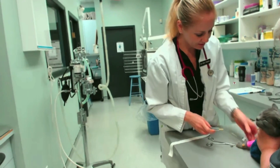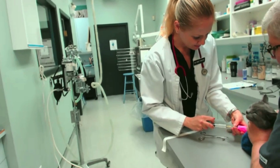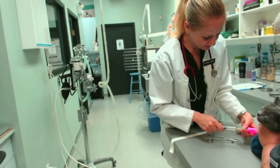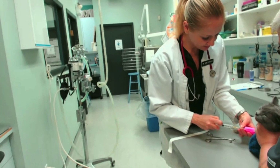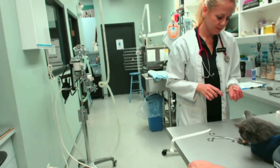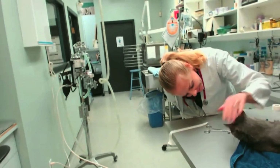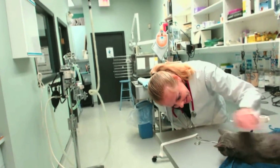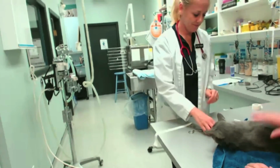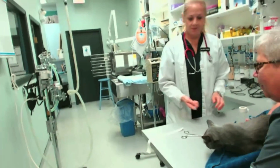I'm just gonna give it a little flush, just to double check that it's in. So this is just saline. It flushed easily, which tells me that my catheter is in. So when we need it, it's there. Great. Good girl. Oh, she's relaxed. That's what we like. Good girl. That wasn't so bad, was it? What a special sweetheart kitty. Okay. All right,